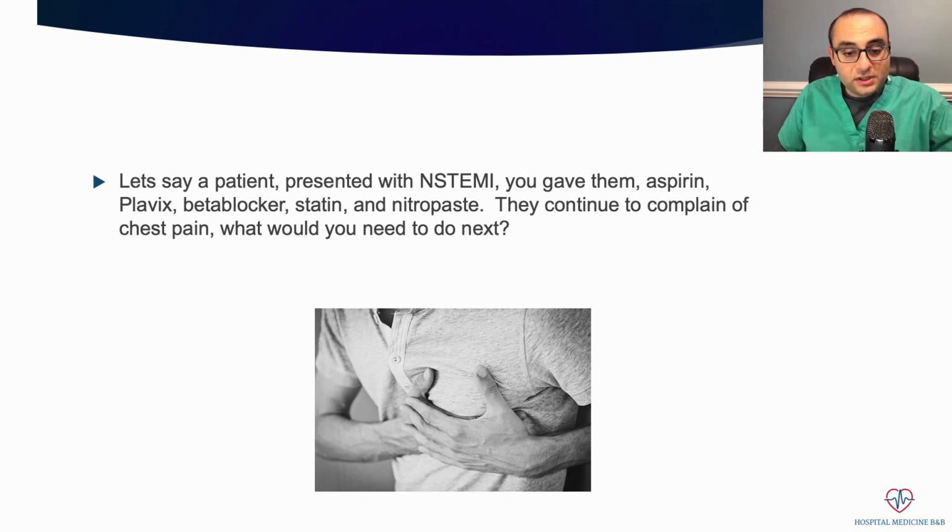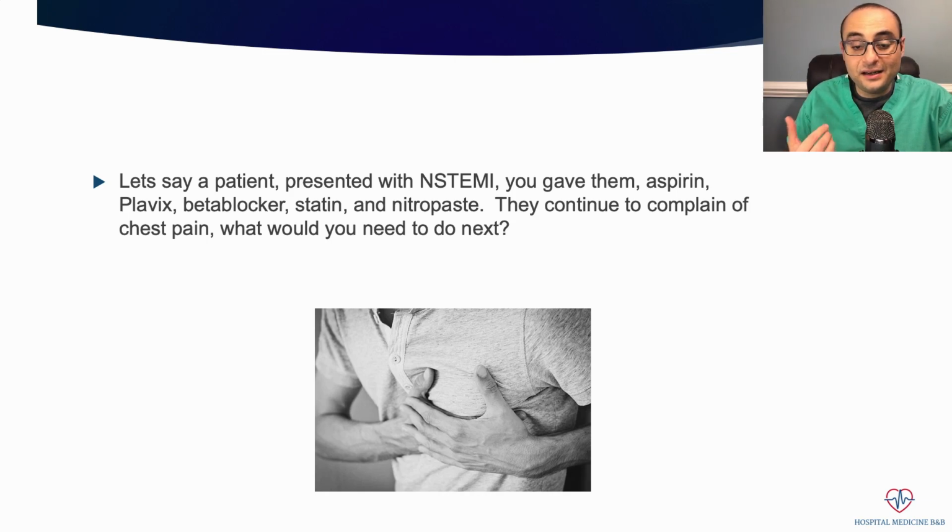So let's say a patient presented with NSTEMI. So these are the patients who have maybe some subtle EKG changes or no EKG changes at all. And then they ruled in with cardiac enzymes overnight. So you started them on aspirin, Plavix, beta blocker, statin, nitro paste, and again you're probably on a heparin drip as well. They continue to complain of chest pain. So you put the nitro paste on these patients, and then you're hoping that that would take away the pain, but